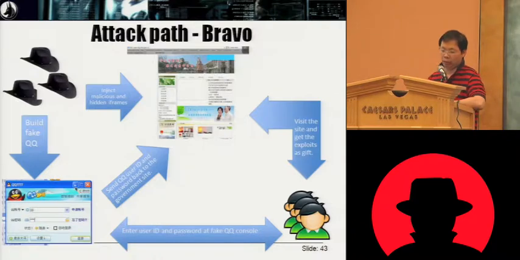You trick the victim to enter the username and password, submit to the site, to the infected websites from the China government, and then at the same time visit the website. You visit the website here, you get the exploit as a gift for you, right? So there's two paths. One is QQ, and you just go to that site. Then you will both get that exploit.